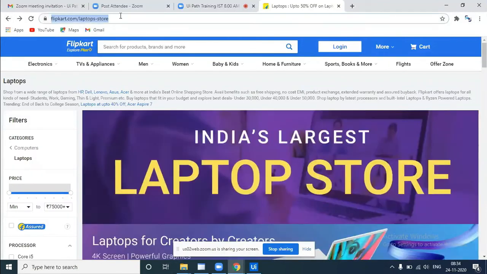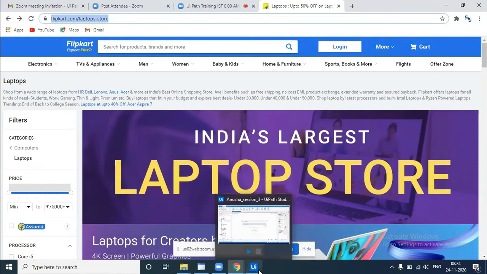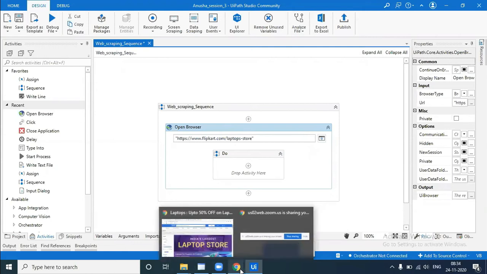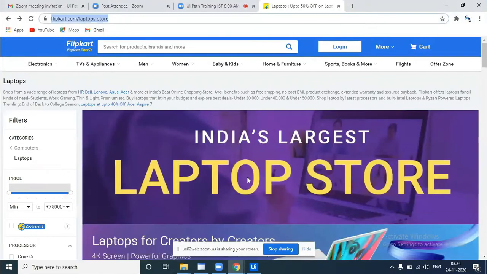So we will copy this and paste it here. So we will reach there by default. Earlier when we reached there, actually this was not checked.